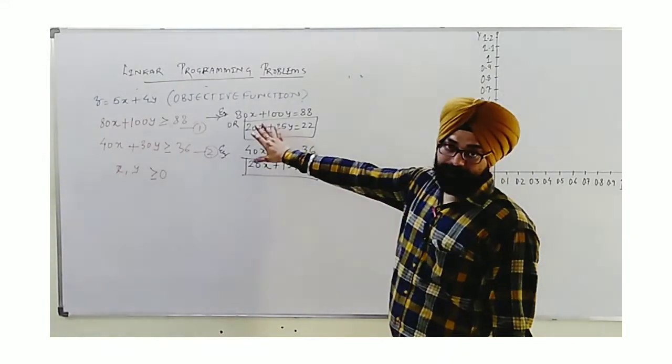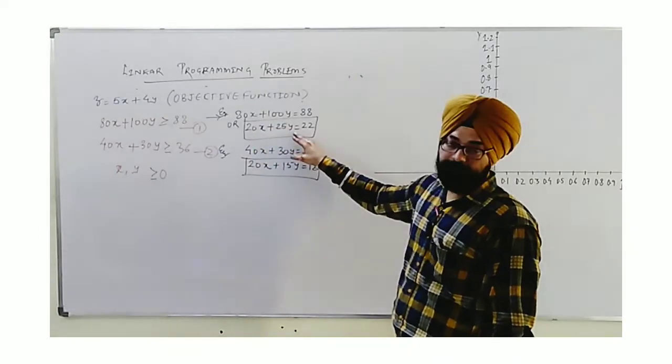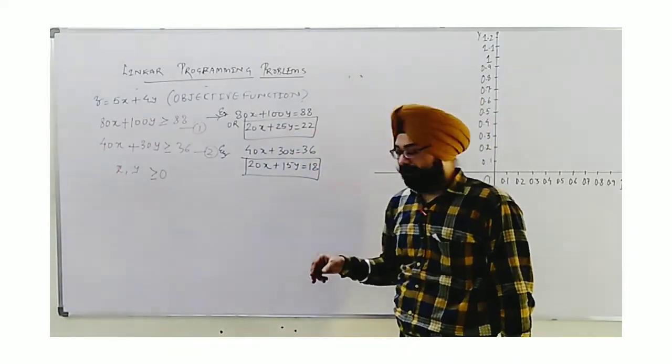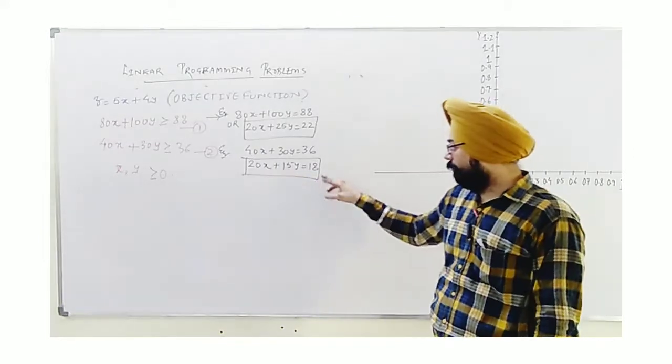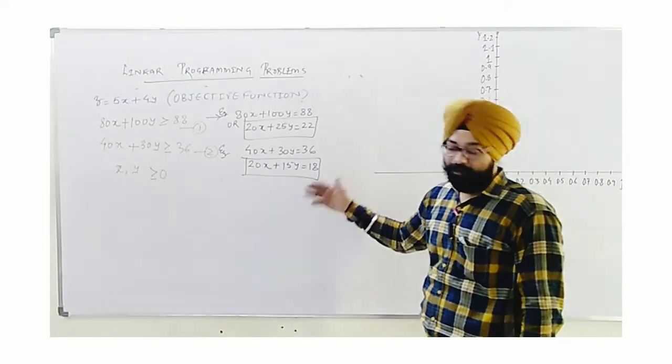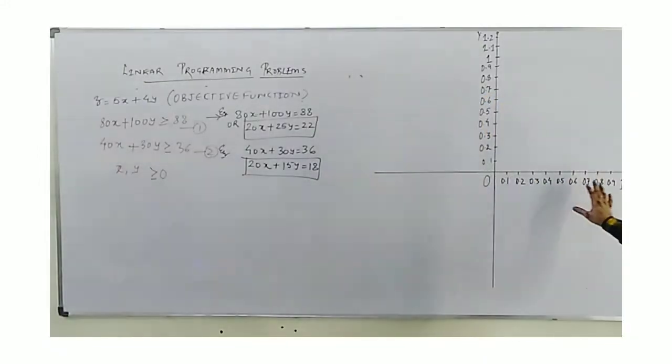Again, if I take x equal to 0, from the first I get y equal to 22 by 25, around 0.88, and here taking x equal to 0, 18 upon 15, it is around 1.2. That's why I have taken such a scale in terms of decimals, not exactly 1, 2, 3 or 10, 20, 30, etc. The maximum value of x is 1.1, so we go ahead putting 1.1, 1.2 on both sides. 0.1 is the scale and maximum value 1.2 I have considered.